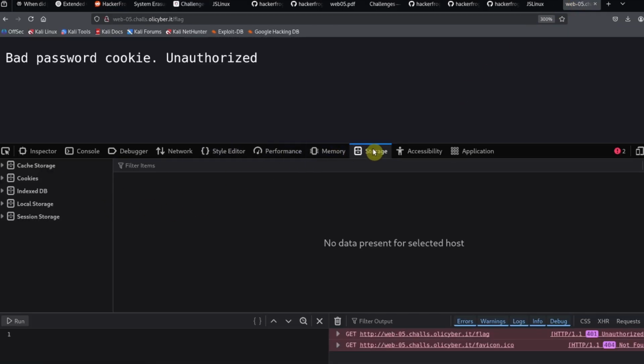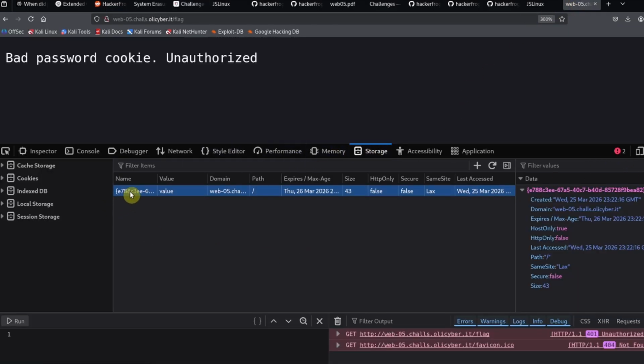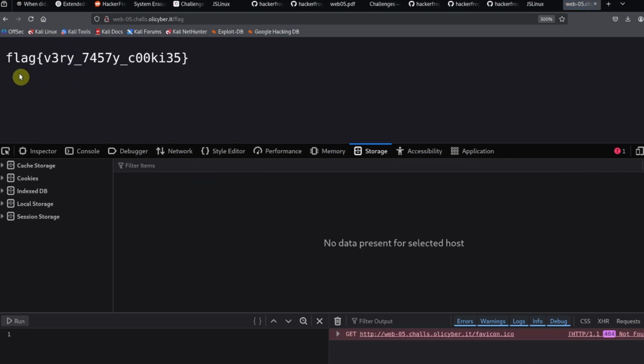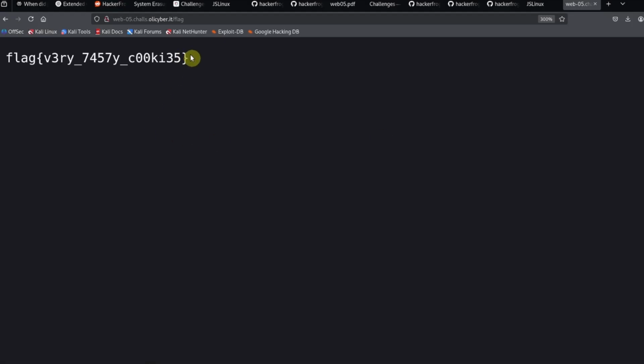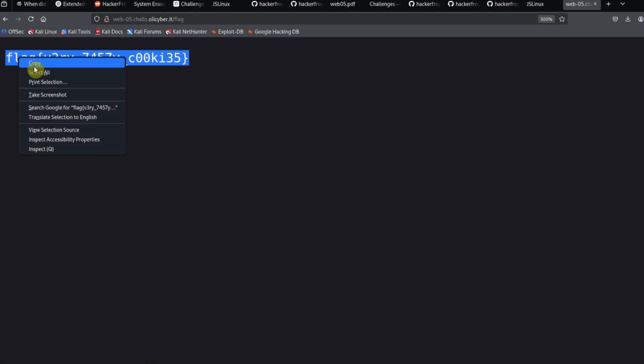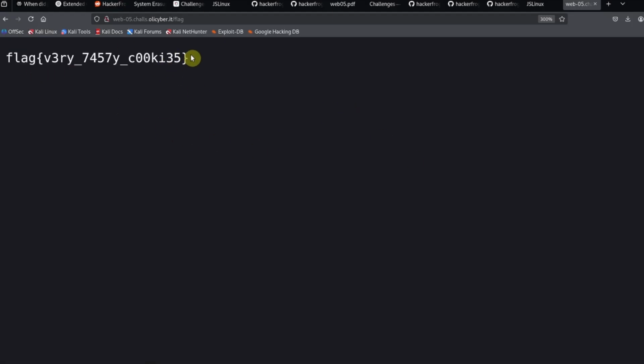Okay, so storage plus name, password, all lowercase, and admin, all lowercase. And then reload the page, and then we get our flag. Flag, very tasty cookies. All right, so we would copy this, and then we would submit this to complete the